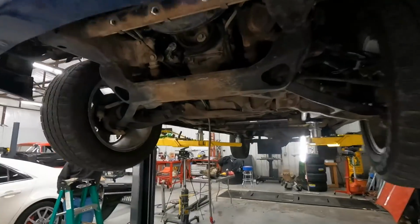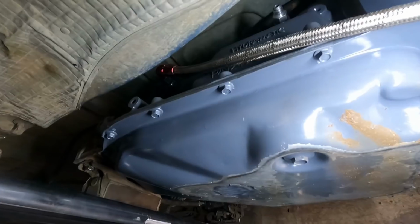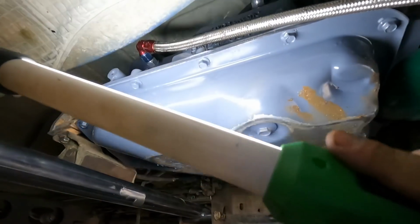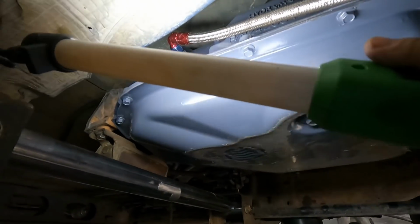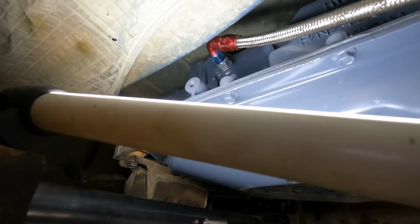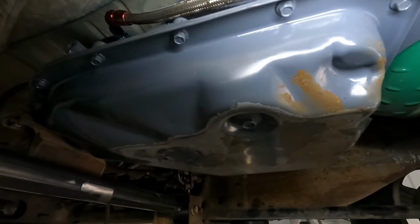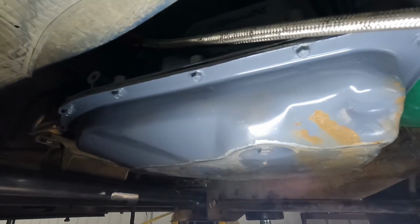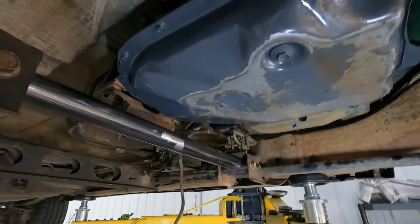So I'll probably have to shorten one of these hoses. They've got fittings in the side of the transmission, AN fittings. This particular case has different fittings than the older style cases. This is a newer style case. So this back fitting here, it's actually got a long piece on the end of it that goes down into the transmission to get the fluid where it needs to go, and then the front one's just a regular fitting. But I'm using all AN -6 hose up to the cooler and back,